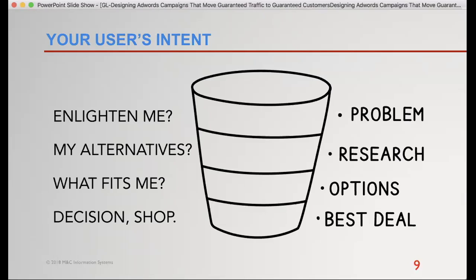So up at the very top, it may be, I'm running short on money. My business is running short on money. Moving further down, it's like, oh, that's cash flow. I've got cash flow problems. And then down into options, reporting. If my reporting were better, I may be able to improve my cash flow, right?